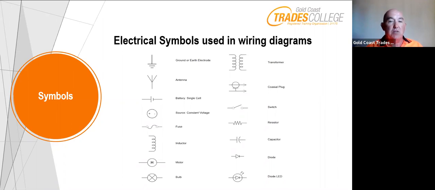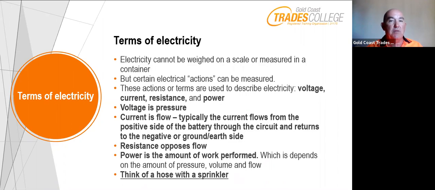Let's have a look at the terms that they use around them. Electricity cannot be weighed on a scale or measured in a container. But there are electrical actions, and these are the terms we use: voltage, current, resistance, and power. Voltage is the pressure, current is flow. Typically, the current flows from the positive side of a battery through the circuit and returns to the negative or ground